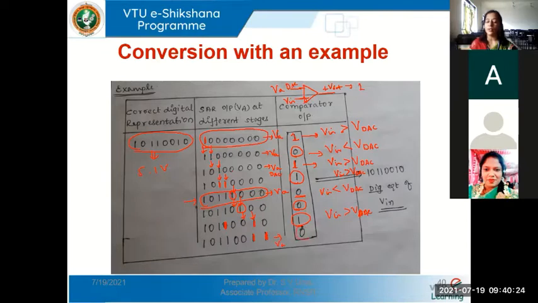You are getting a 0, which tells us we have to reset it. But since we have completed all the 8 bits, we'll just go back and in the end I will reset this LSB bit to 0. So the output we are going to see will be something like this: 10110010.